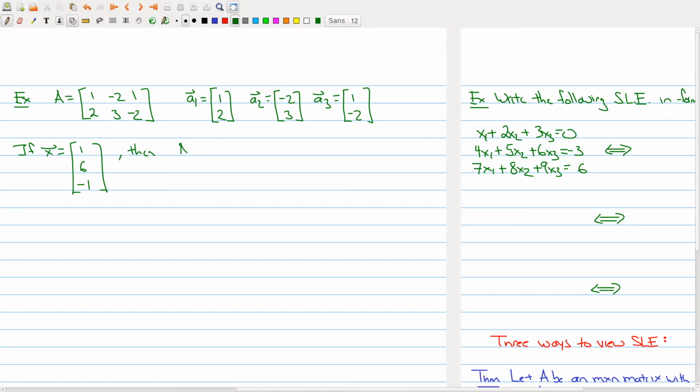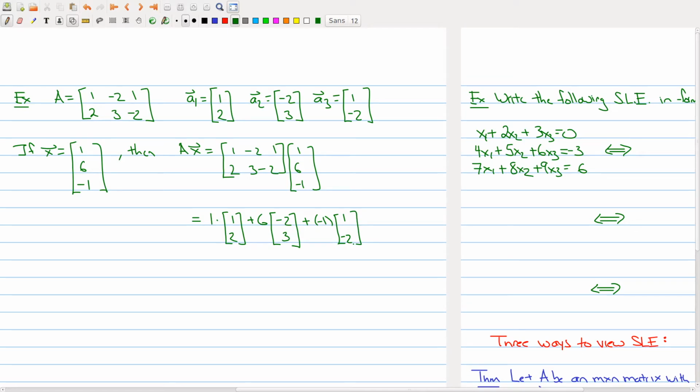Then what do I mean by writing A times X? Well, that means I'm taking my matrix 1, -2, 1, 2, 3, -2, and I want to multiply it by my vector. According to the formula on the previous page, this means take 1 times the first column, so scale the first column by 1, scale the second column by 6, and scale the last column by -1, and then add up all the corresponding entries. So at the end, we would get